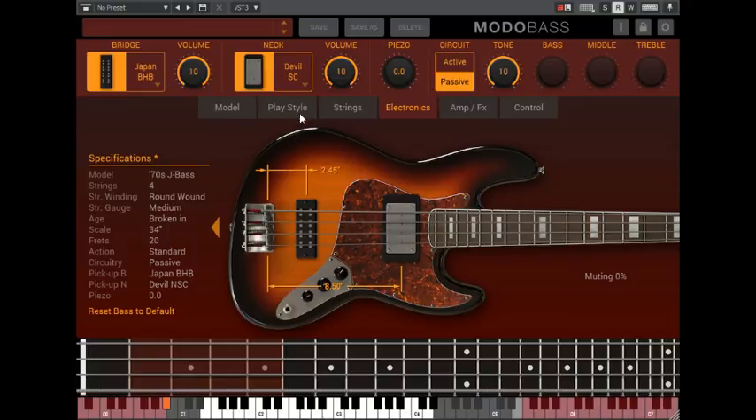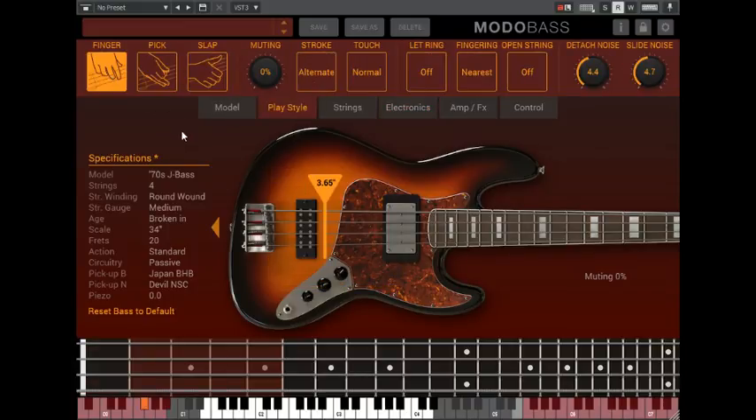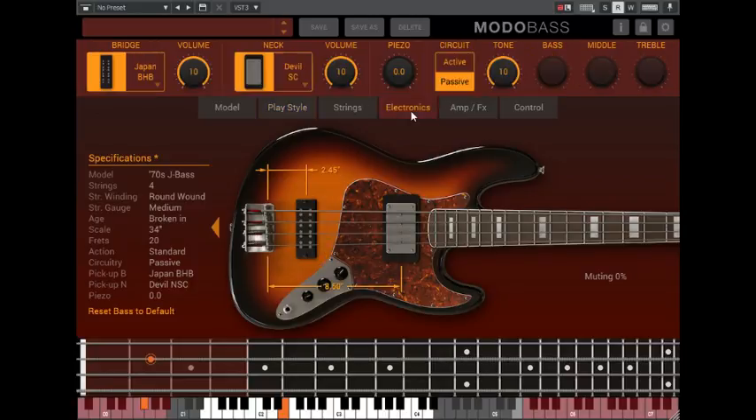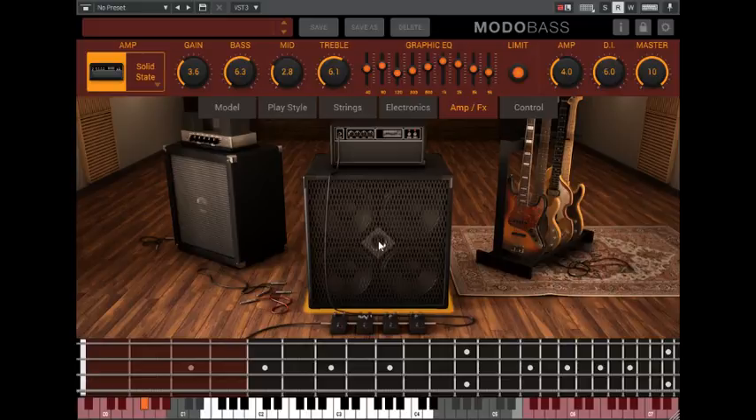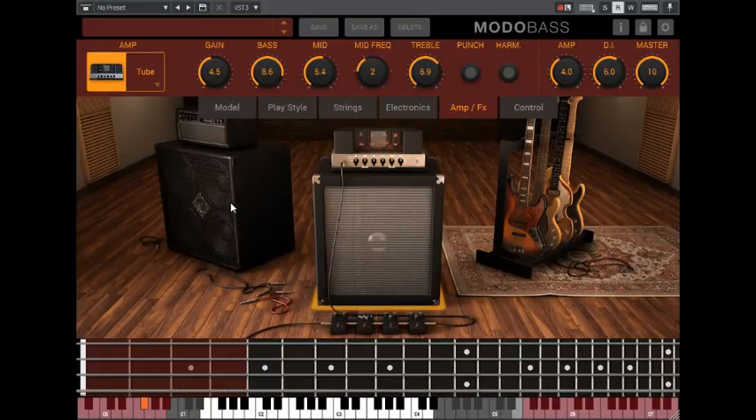And let's go back to the fingered style here. Let's go back to the electronics. Pretty cool. Now this is where it kind of gets fun. Let's go ahead and reset it back to the default. And let's go into the amp effects, and boom, here you go. You've got your bass room here. You've got two types of amps. You've got a tube type,